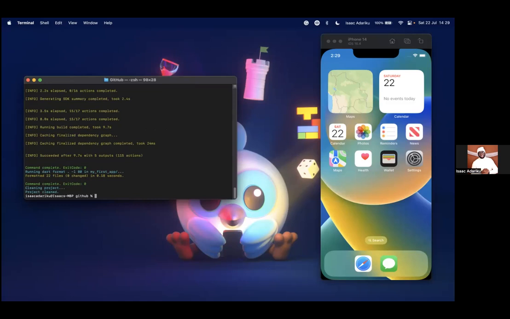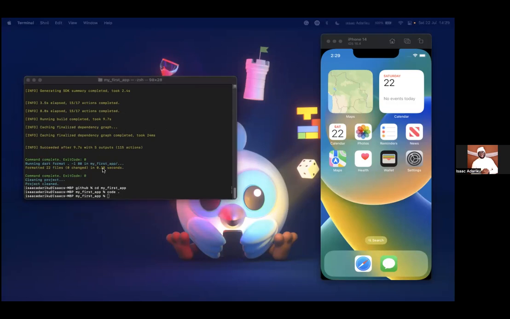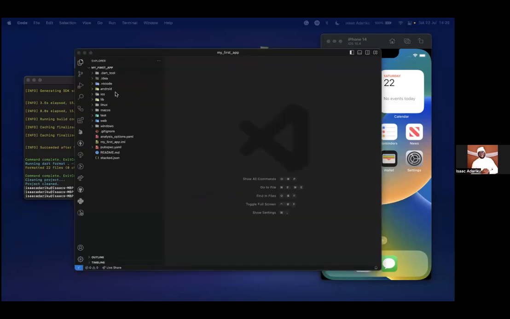So we can go into the app. You can run it from here with flutter run, but I like to open it up in VS Code so we can all see. So this is just a basic Flutter app. As you can see, there's no difference. It's not changing anything.